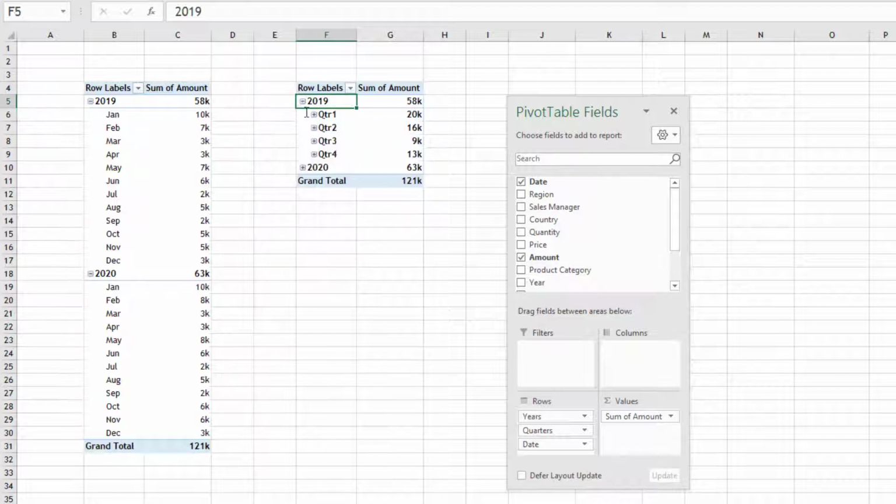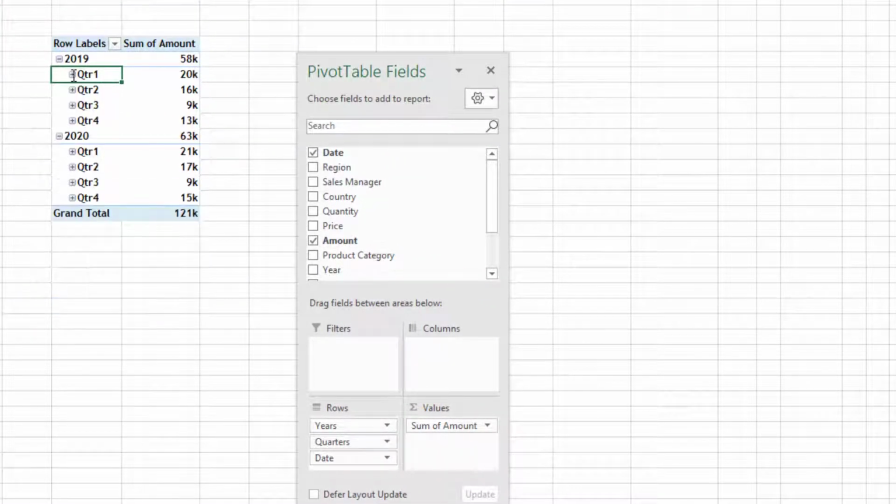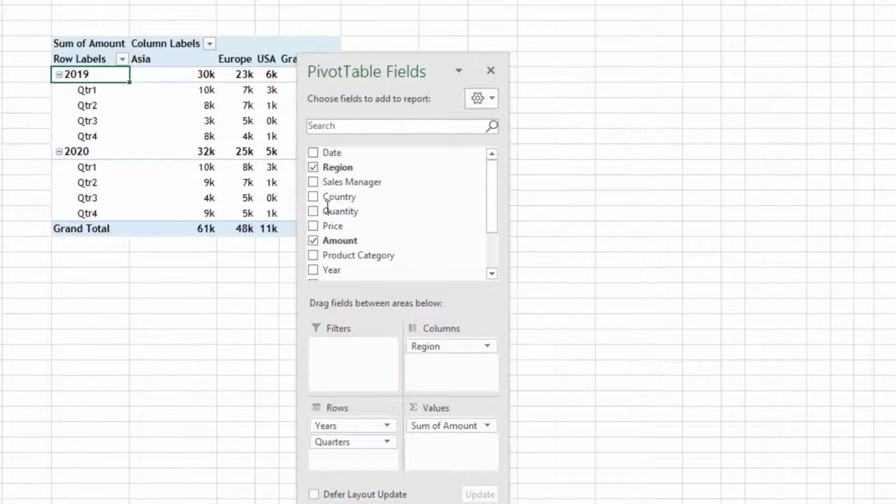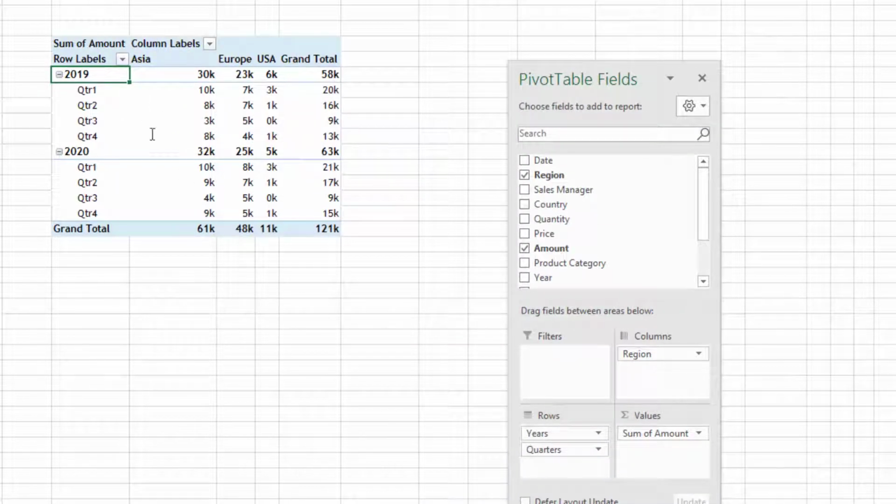So here you can see my dates are automatically grouped as year and quarter, and if you expand further you have months also, but I don't require months or dates. Year and quarter is enough for me. And what is the other requirement is region. Okay, so that is what I am looking for. This is the pivot table which we will use for quarterly change in the share of regional sales.